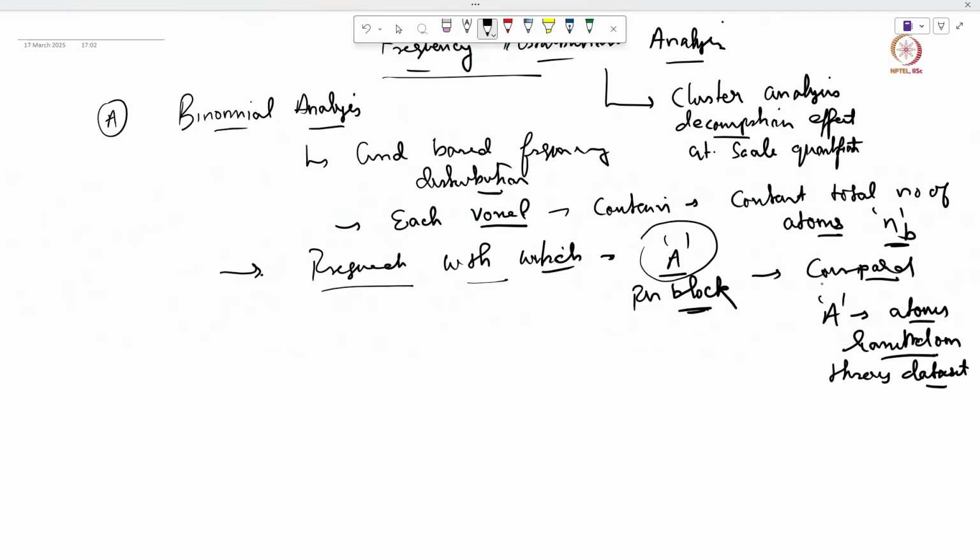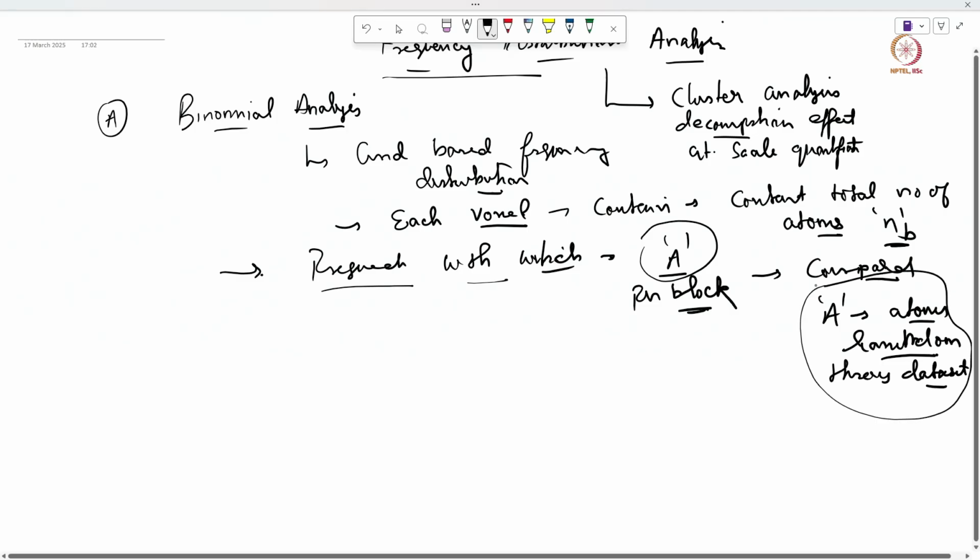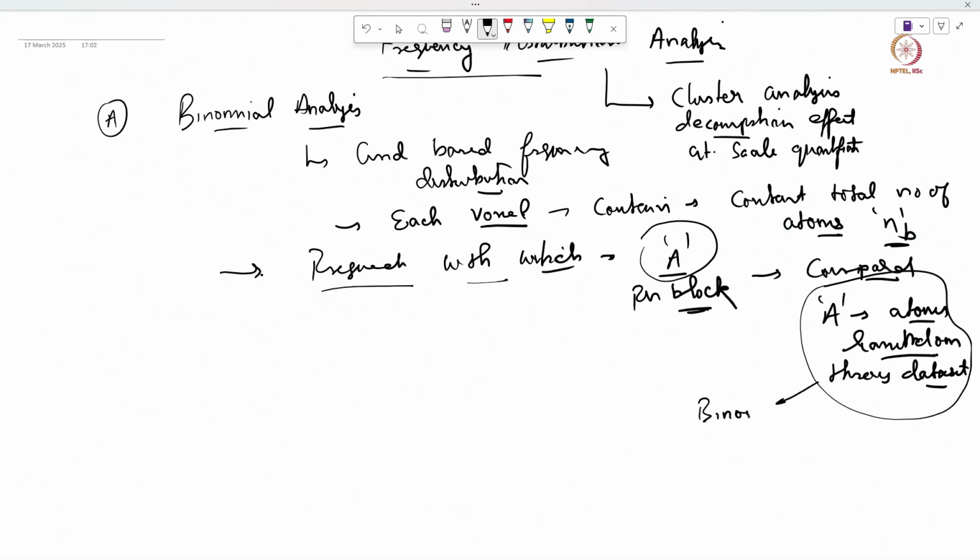Okay, and this random distribution is nothing but the binomial probability distribution, which is denoted by PB. So this random distribution of A atoms throughout the data set is nothing but the binomial probability distribution, which is PB. So if there is a material, or an alloy